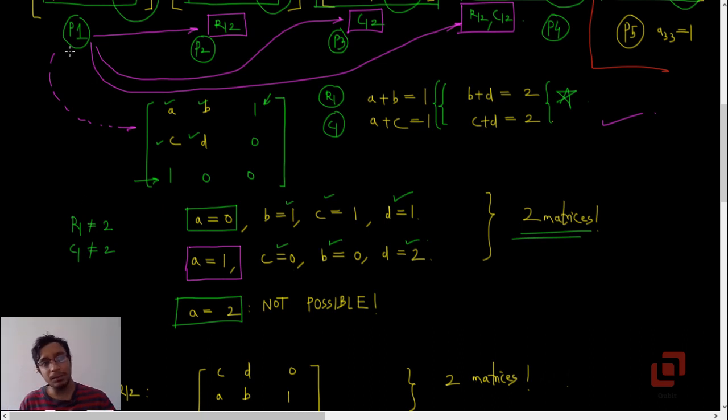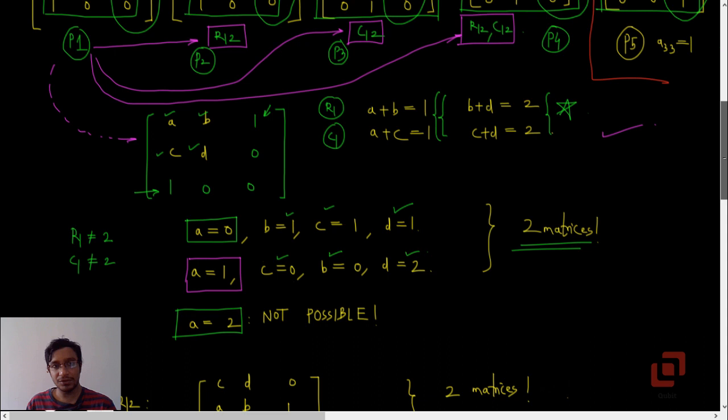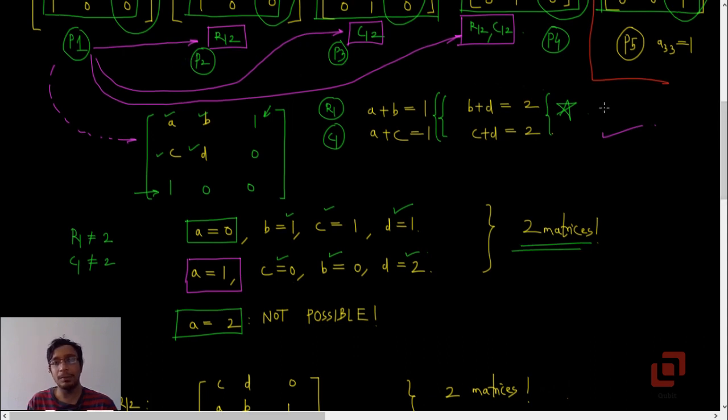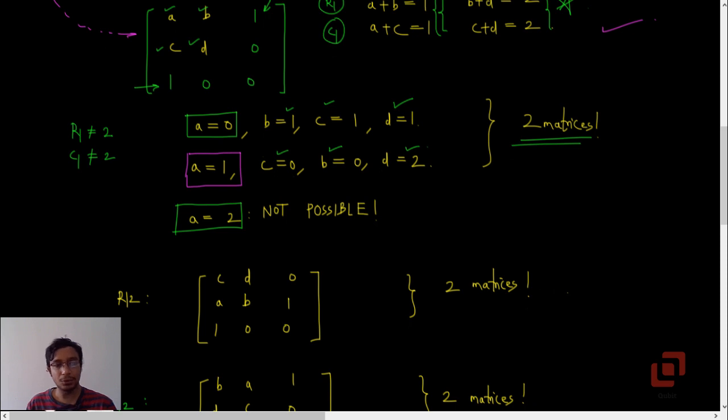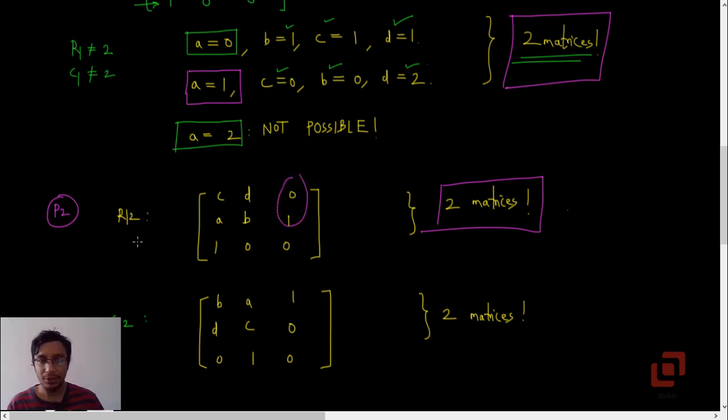Okay, so within possibility 1 there are 2 matrices, and now our relations among P1, P2, P3 and P4 will help us in determining the possibilities, or I should say sub possibilities within P2, P3 and P4. Each of those possibilities can be obtained from these 2 matrices of P1. Okay, and for P2 we did the operation R12 on P1, so there will be 2 corresponding matrices obtained by interchanging rows 1 and 2. See, and because these entries are different, the matrices are going to be different from the equality of matrices. Okay, so 2 matrices for P2,